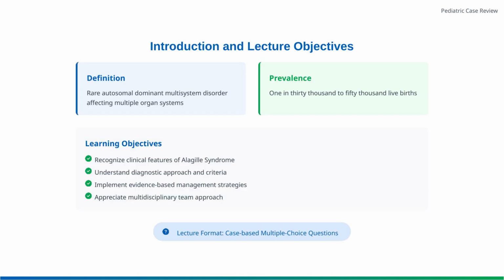Alagille syndrome is a rare autosomal dominant multi-system disorder with a prevalence of 1 in 30,000 to 50,000 live births. Today's lecture objectives include recognizing the clinical features, understanding the diagnostic approach, implementing management strategies, and appreciating the multidisciplinary team approach required for these complex patients. We will use a case-based multiple-choice question format to enhance your clinical reasoning skills and provide practical knowledge applicable to